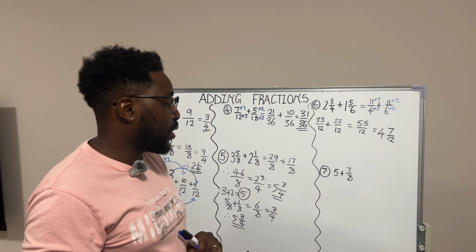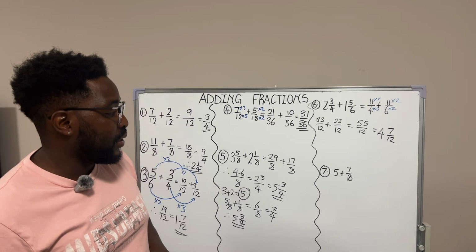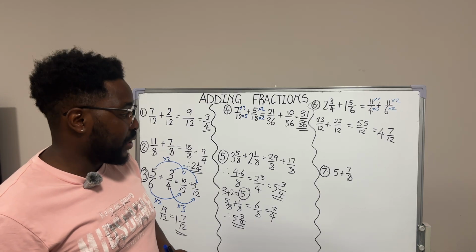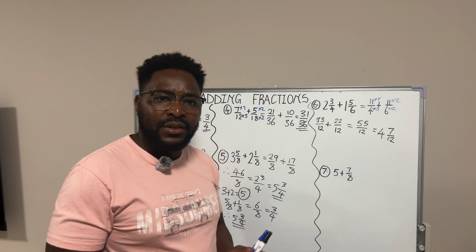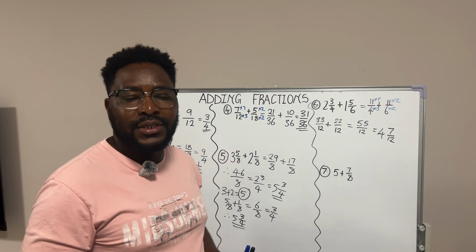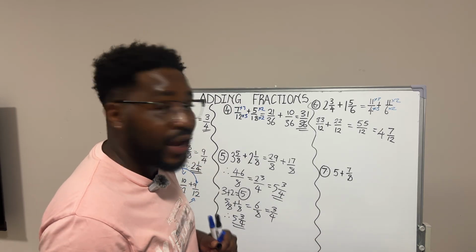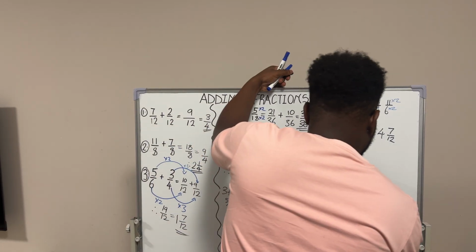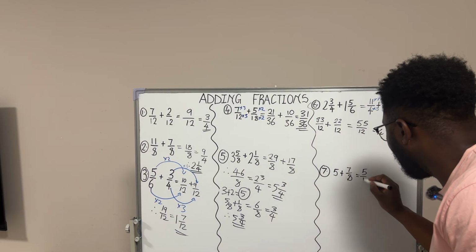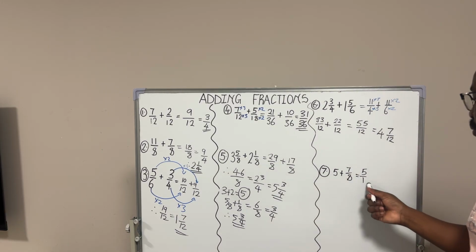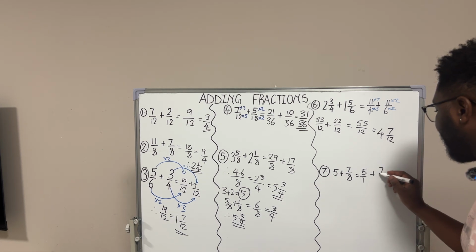Now let us look at our last question, which is question number 7. So now, as you can see, we have 5 as a whole number, and then we have 7 over 8, which is a fraction. But this 5 over here, we can also write it as 5 over 1. It's the same because 1 into 5 is 5. Plus 7 over